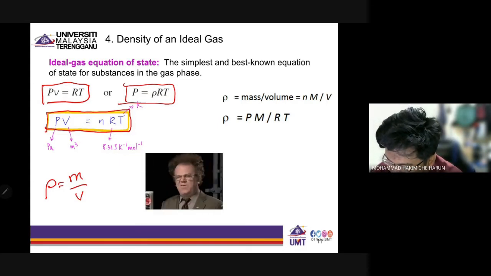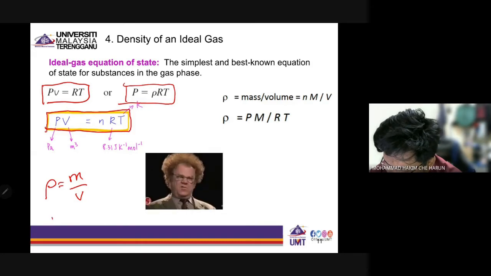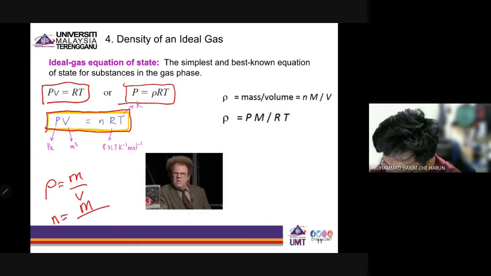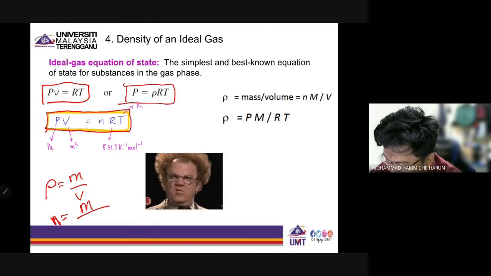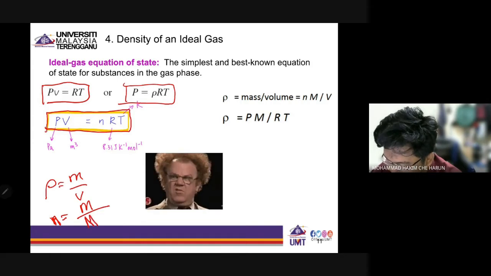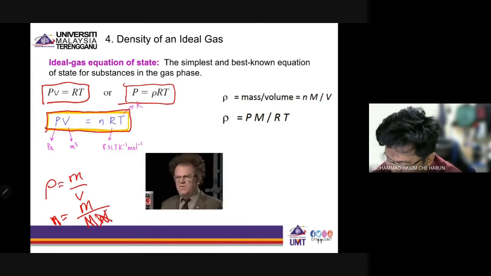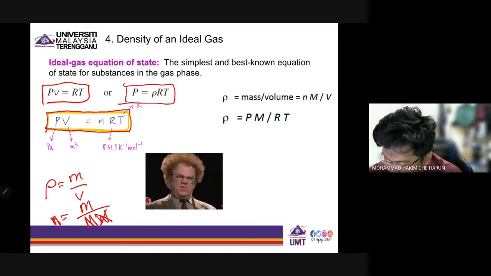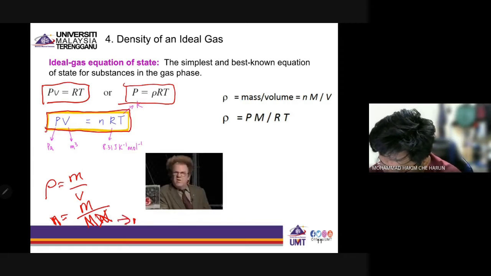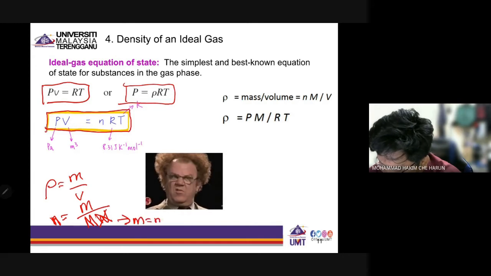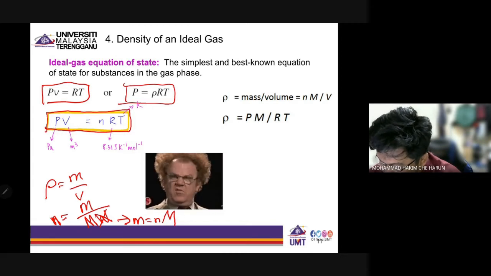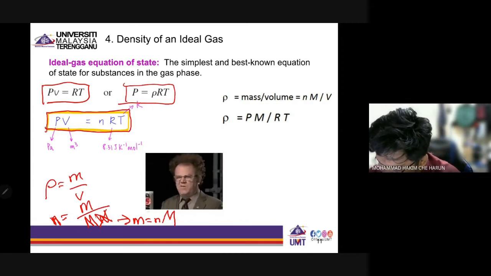At the same time, the moles N equal to the mass divided by the molecular weight. Or you can simply put it as capital M over there. So M equal to N times the molecular weight. So if you substitute this inside here,